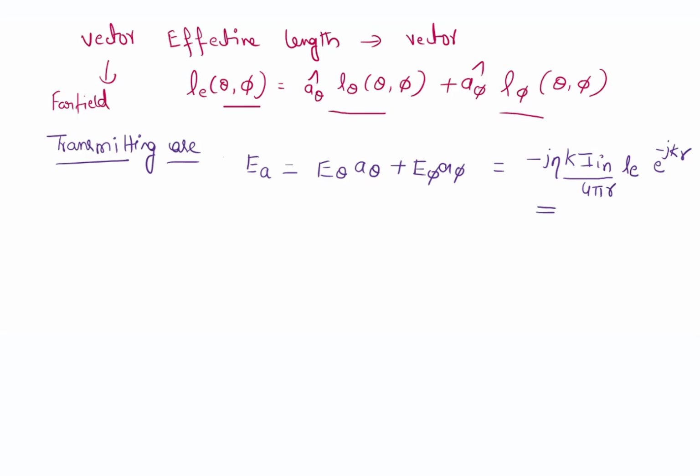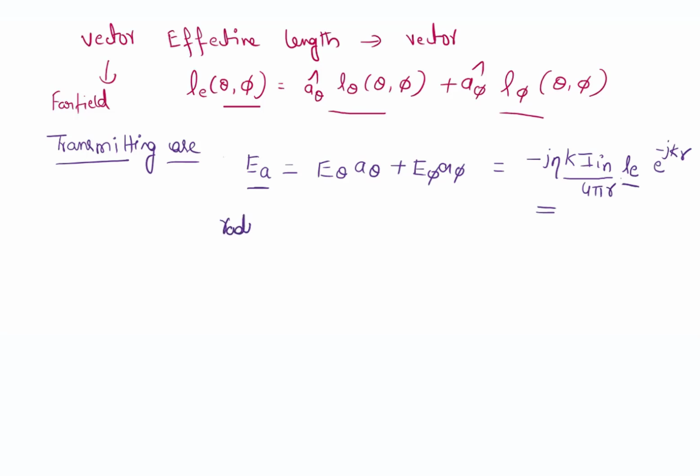R is the distance from the transmitting antenna to the observing point. Le is the effective length of the transmitting antenna. And e power minus jkr causes the phase delay. So this is the relation between Le, the effective length of the transmitting antenna, and the radiated electric